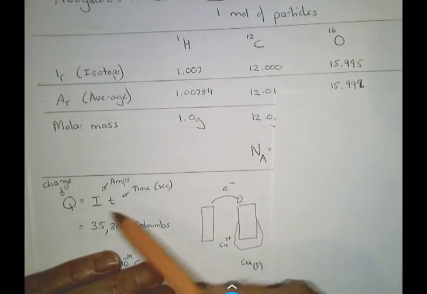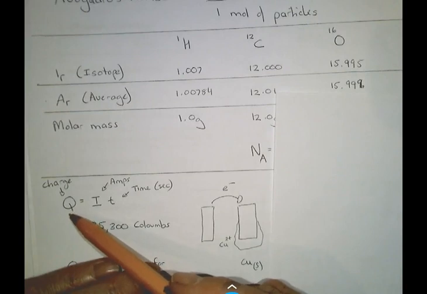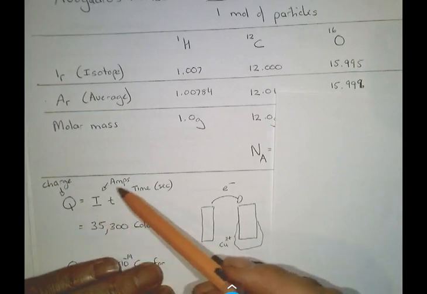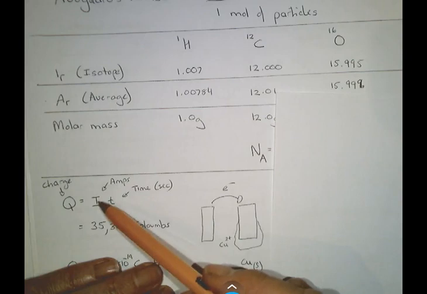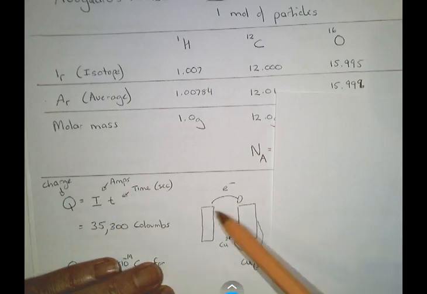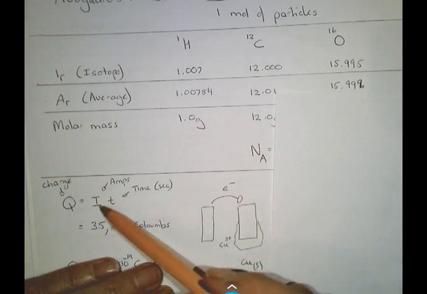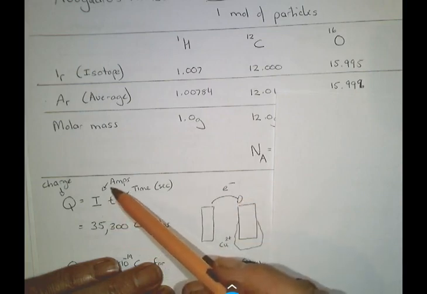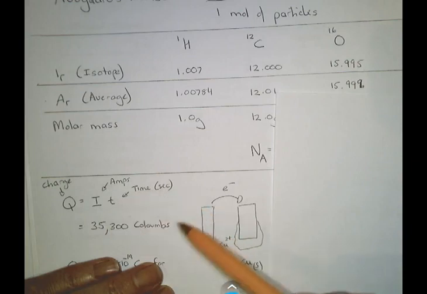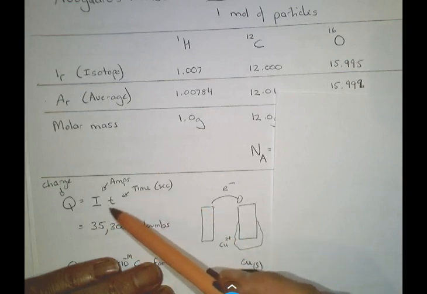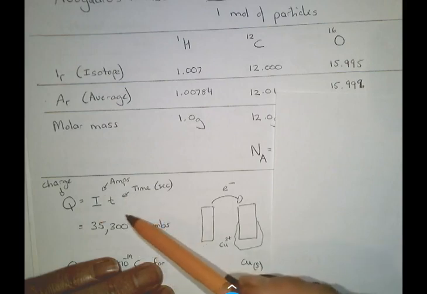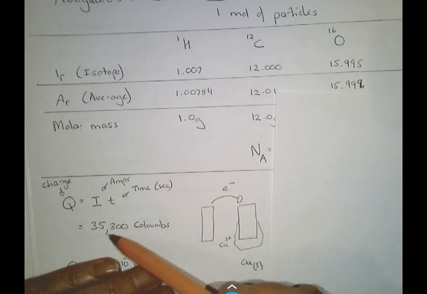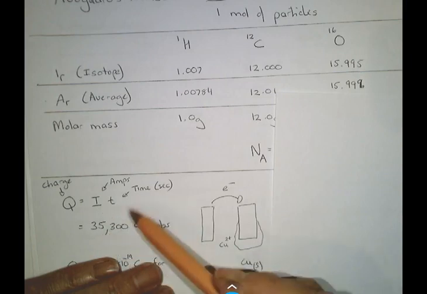So when you measure the charge, the amps current is like a river. It's showing you how many electrons are flowing from one side to the other. So if you've got 2 amps, you've got a certain number of electrons flowing. The longer that you leave them flowing, the more electrons will flow. So if you multiply the amps by the time, then you'll get some number that is implying a flow of